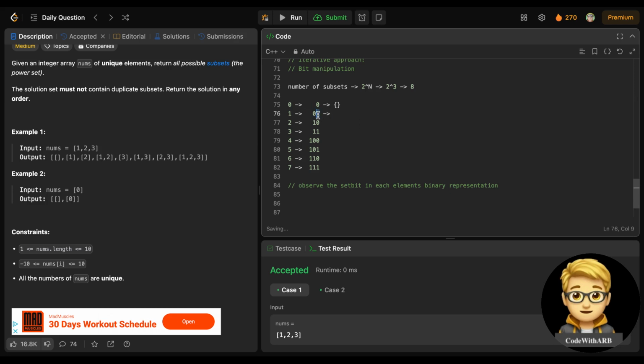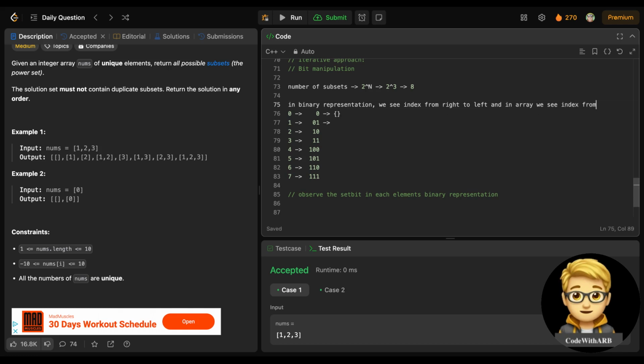That I will include only the first element, because in binary representation we see the index from right to left, and in an array we see the index from left to right, right? So that's why I'm saying from right to left that this is the zeroth part.